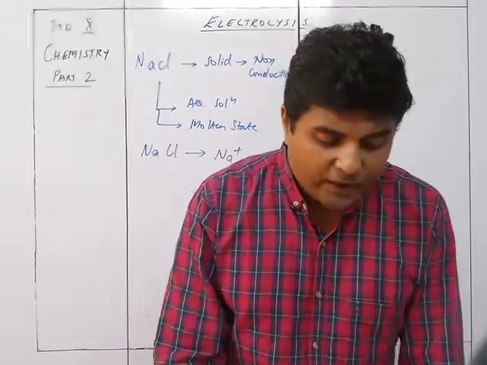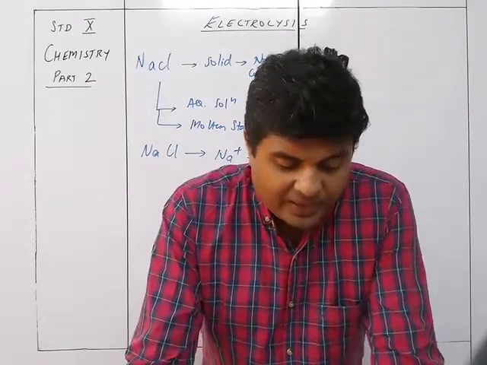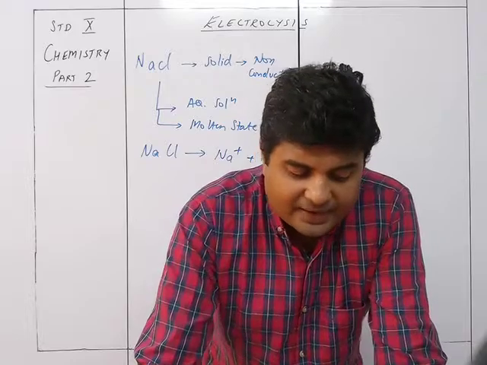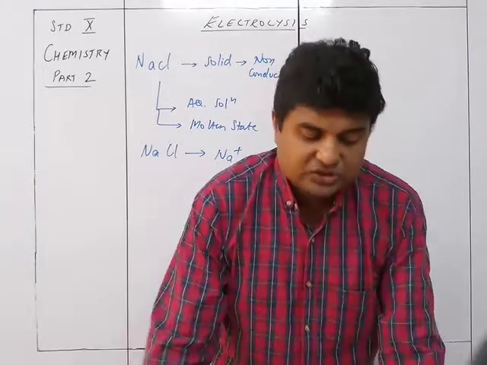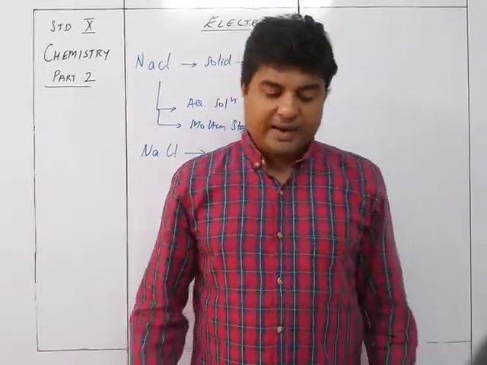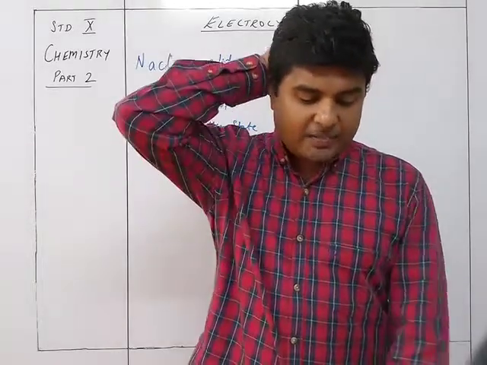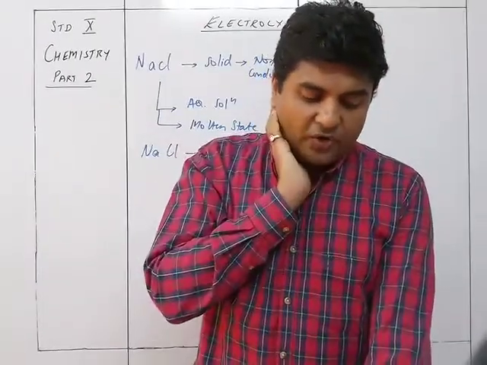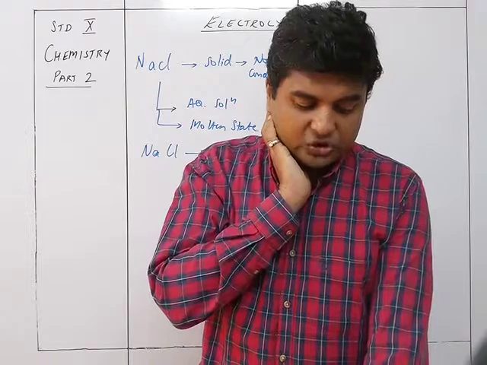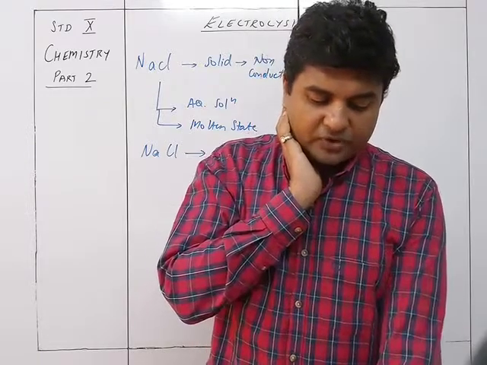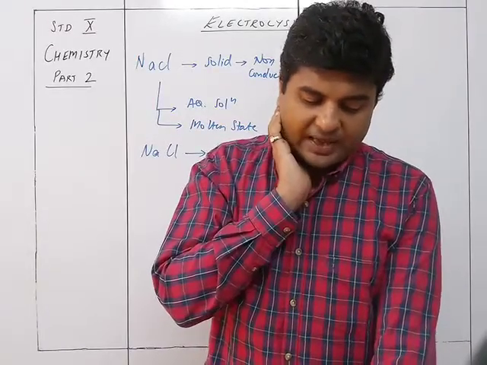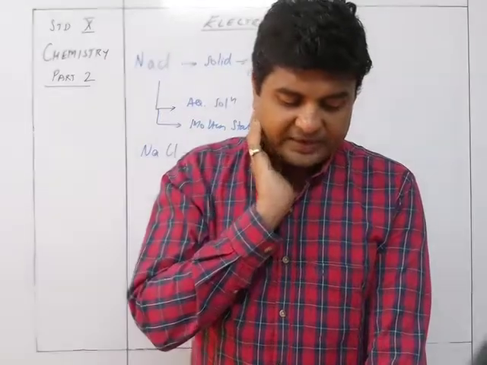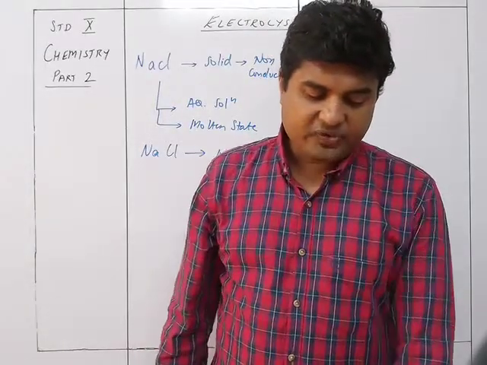So in molten or fused state, ionic compounds like NaCl contain positively charged metallic ions Na plus and negatively charged non-metallic ions Cl minus. These ions are not free but held together by strong electrostatic force of attraction. Due to this, an ionic compound in a solid state is a bad conductor of electricity since